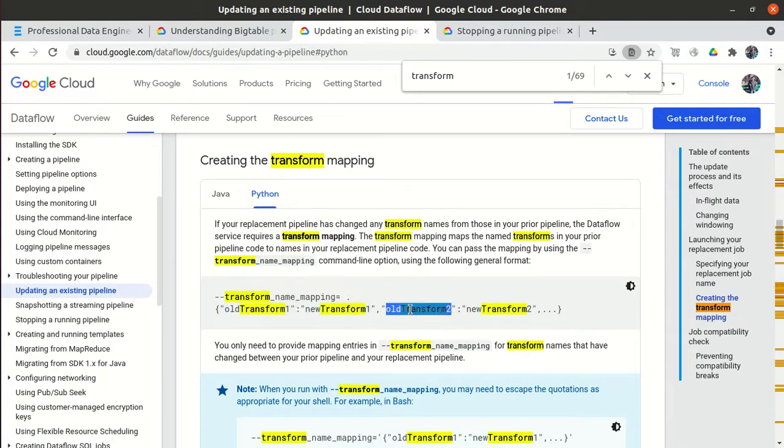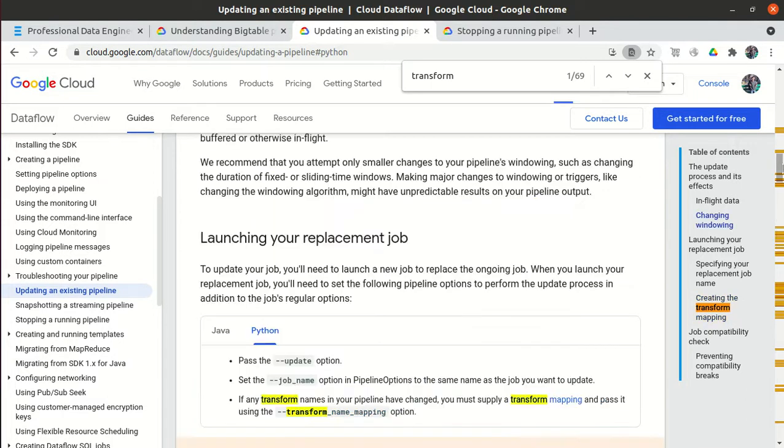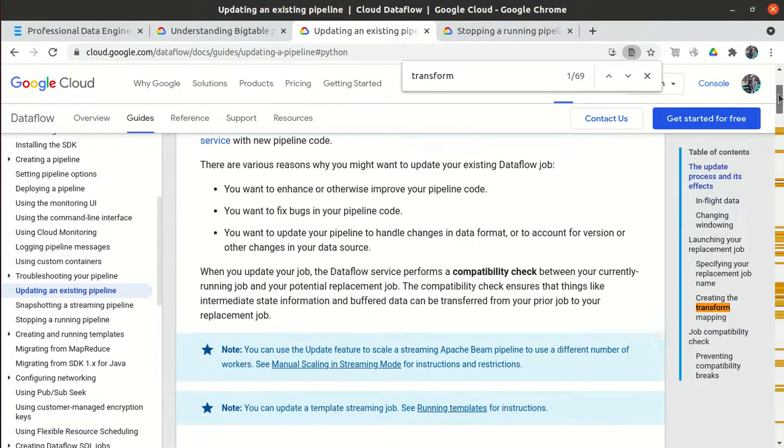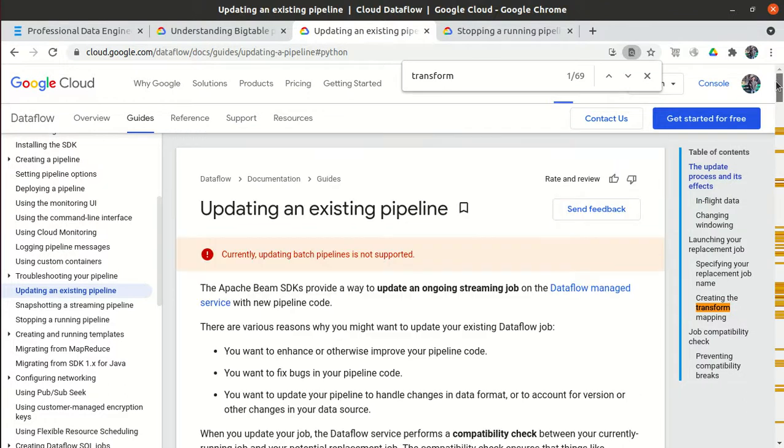Similarly, however many jobs we change, we will mention all the job names in the JSON format, and we will use this tag, that is --transform_name_mapping, and we will pass that. Why do we do this? Because whenever we change any job, generally a compatibility issue will come.